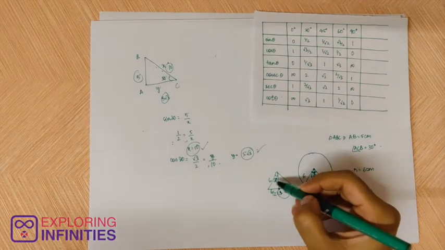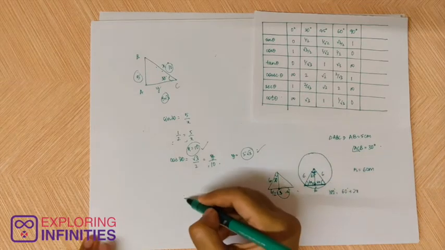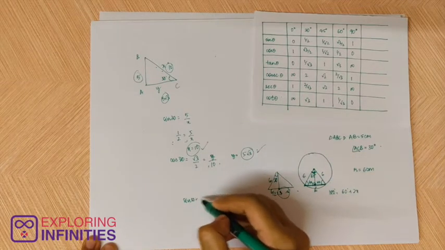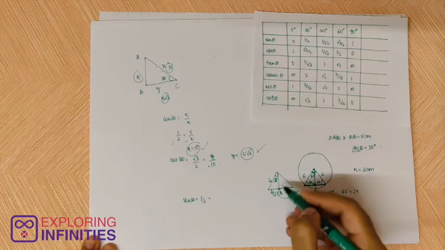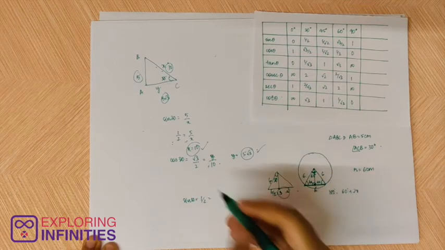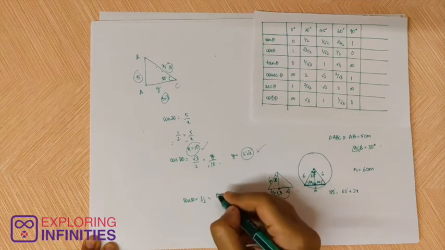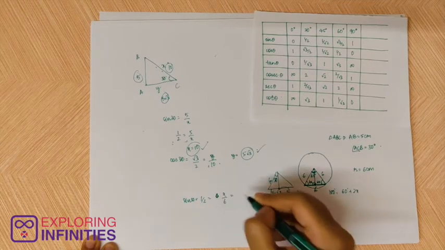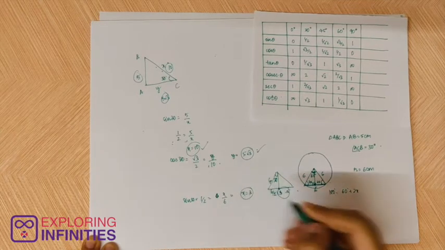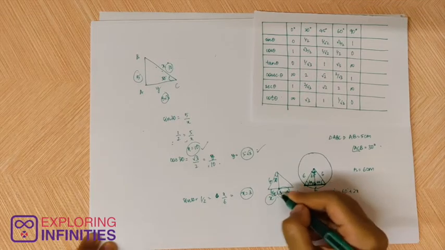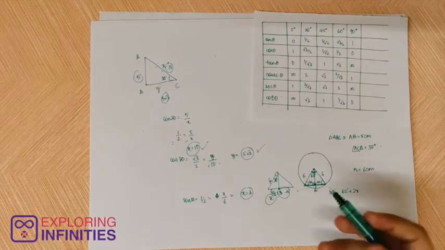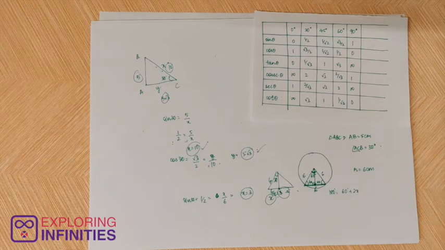Or you can say this is 30 degrees. So that is why sine 30 is equal to 1 by 2. That is equal to opposite by hypotenuse. So that is x by 6. So x is equal to 3. So this is 3. So these are 2-3 ways to go about this, and we can clearly solve and say that the length of chord is 6. So now let's take another question.